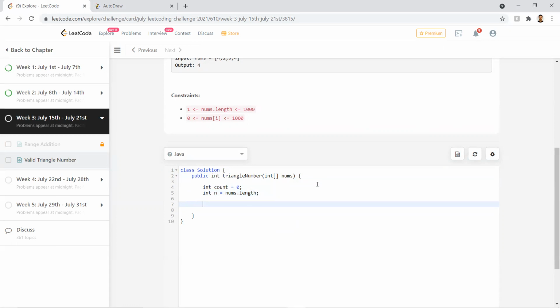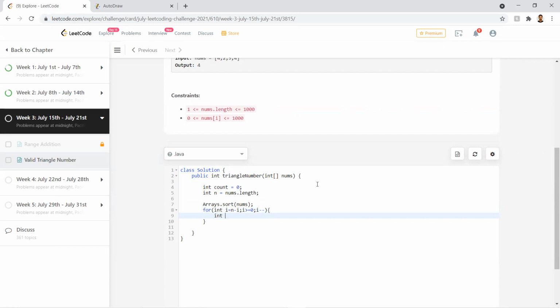Now we'll sort the array. Now we'll start a loop which will start from the last index and go to the first.